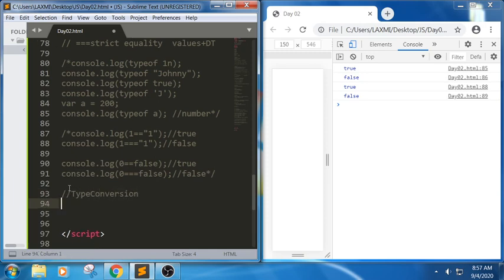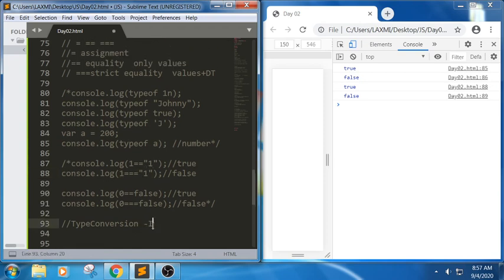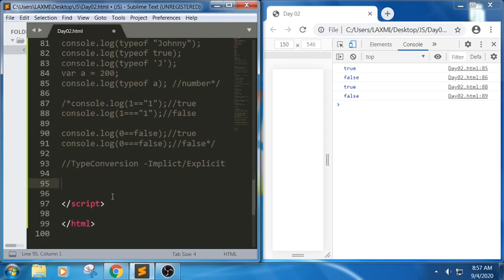What do you mean by type conversions here? Whenever you perform an operation, it performs type conversions. In this we have two types. The first one is implicit and the next one is explicit. In implicit type conversion, it will be converted without our concern. In the sense, the values will be converted automatically into the form of a number or a string.